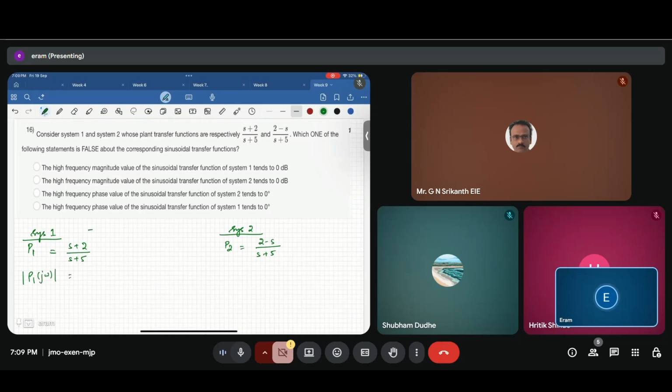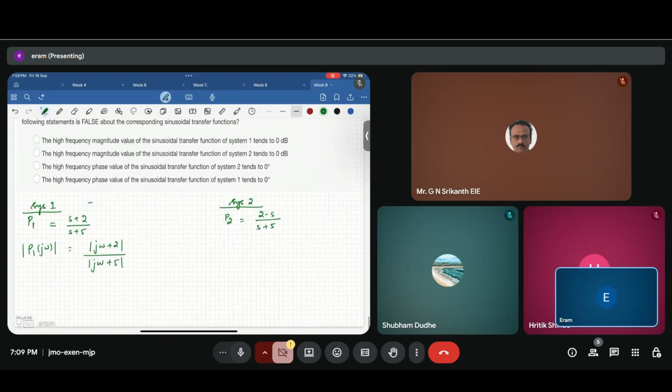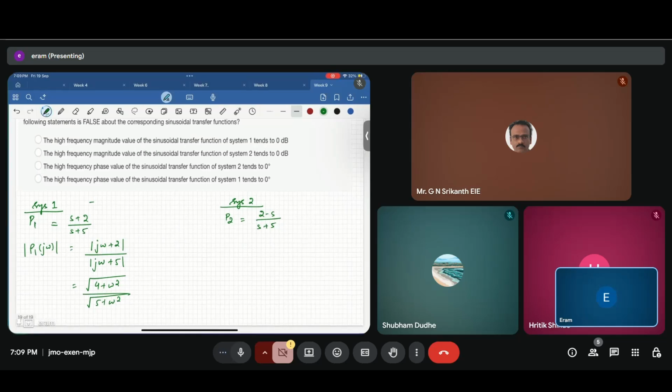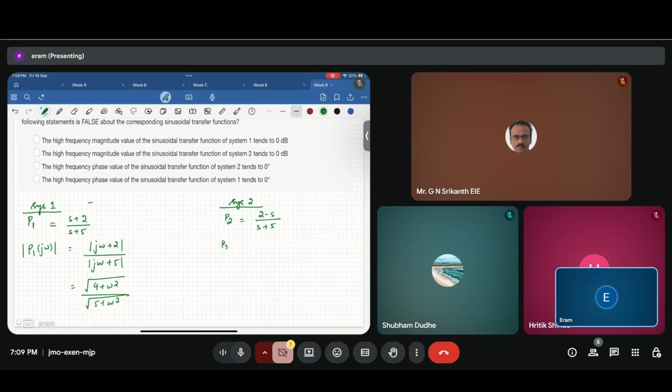So it will be magnitude of j omega plus 2 divided by magnitude of j omega plus 5, which is equal to square root of 4 plus omega square, over square root of 25 plus omega square. Okay, for P2